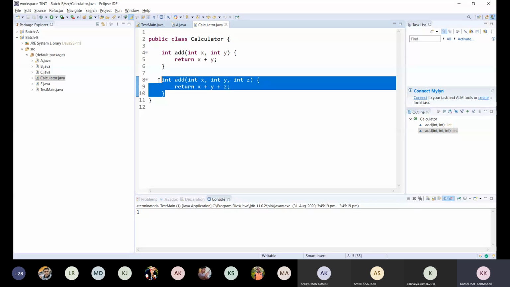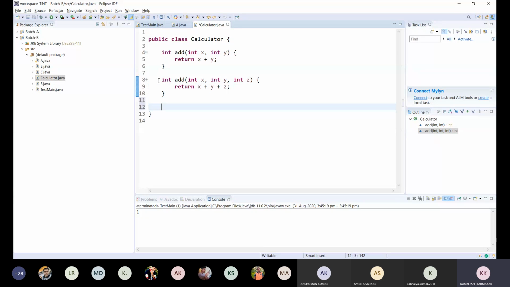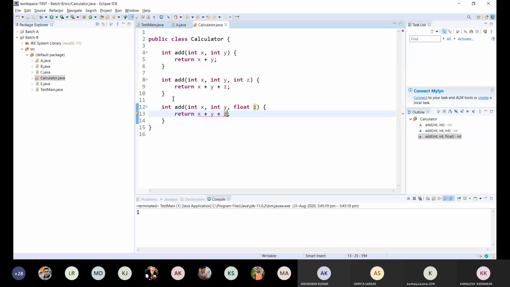Now, if I define another method with float z, it will calculate the result and it will be returned. So this is basically method overloading.